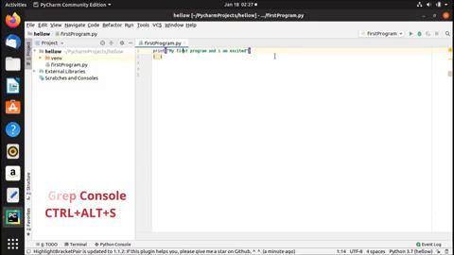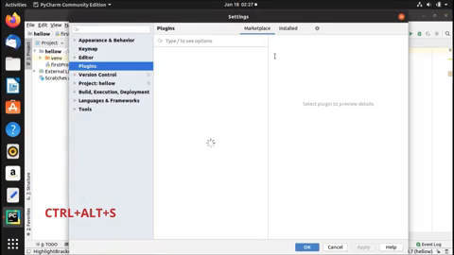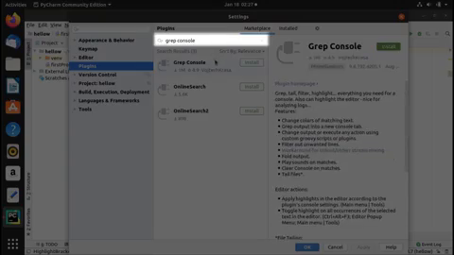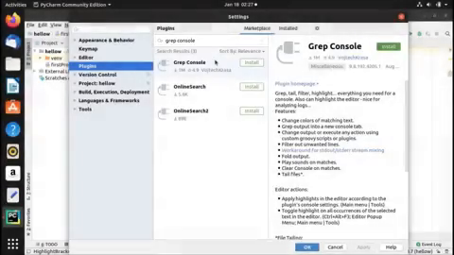The next plugin that we're going to talk about is grep console. We'd press Ctrl Alt S, go to our plugins, and then search for grep console here. The idea is that for users working on Python scripts that generate huge output, it sometimes gets complex to filter out the required output on their console. Hence, grep console helps filter the results you need based on the given conditions